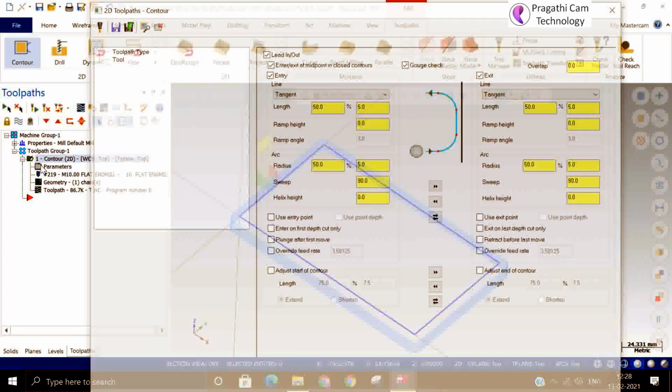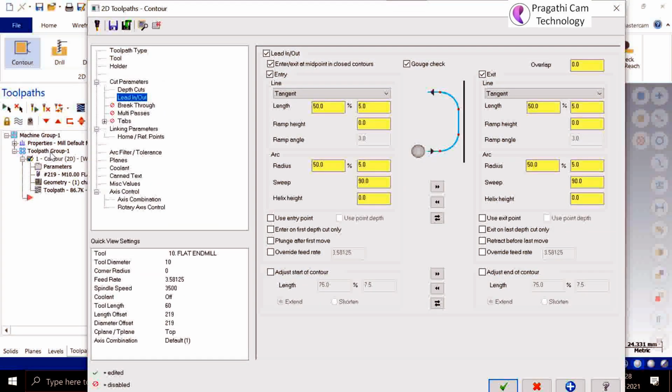This is all about the lead in and lead out. There is also an option available, entry point and exit point option. Entry first depth only, exit last depth only, this is also possible.